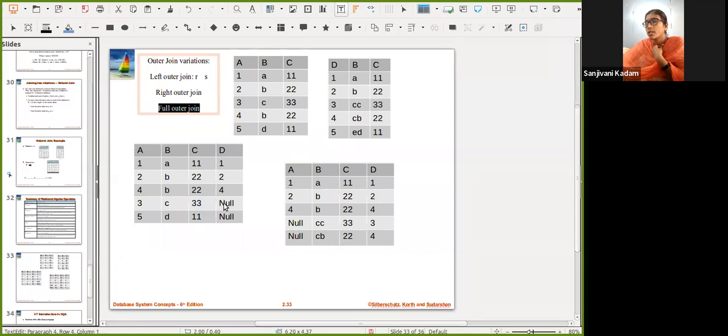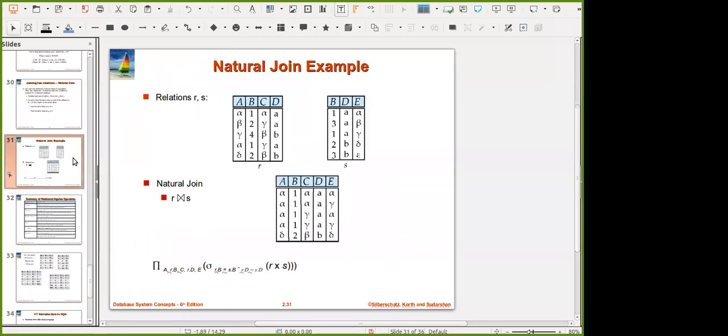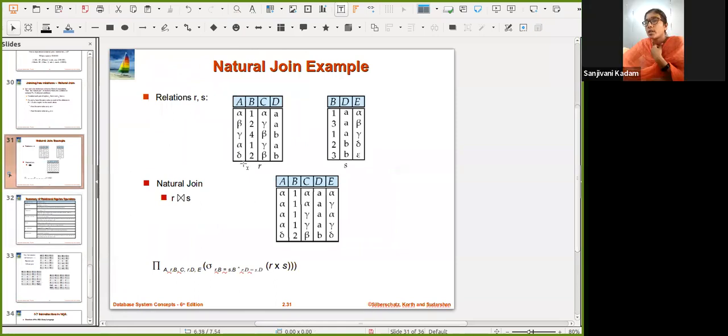Okay, right now taking the question: why have we not taken all combinations of 2 comma b, as we have taken all combinations of 1a? 2b is available here, 1a is available here. So 1a matching, anywhere I cannot see the 1a matching. Or have we got some? Ma'am, this question was asked for natural join. Okay, let me check. 1a, yes, we have the first combination 1a, 1a, then 1a here.